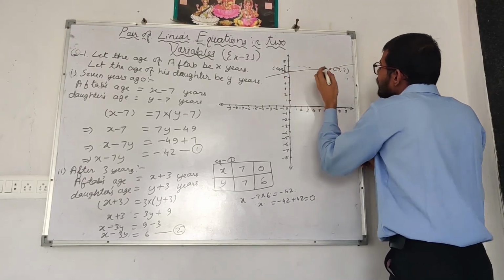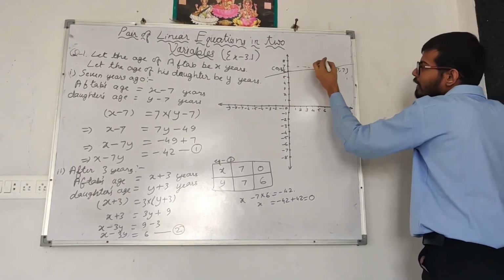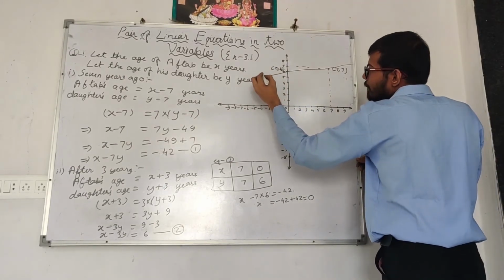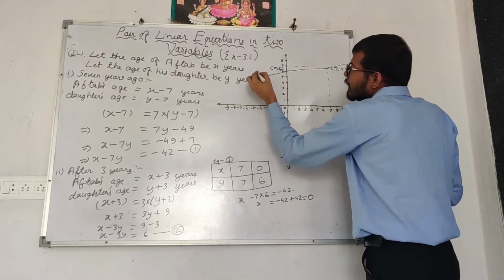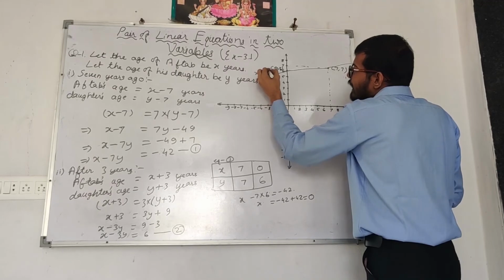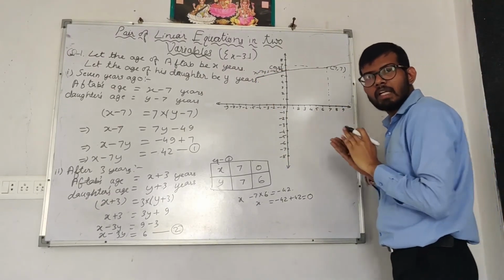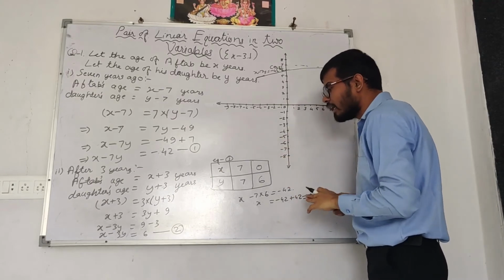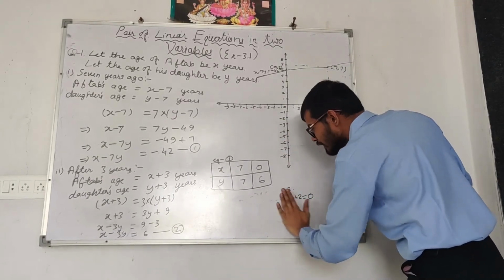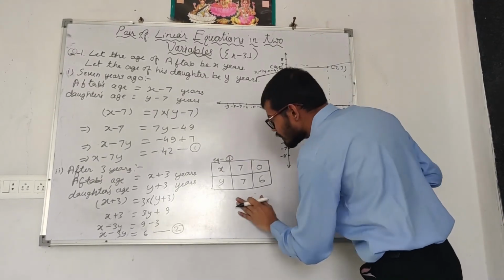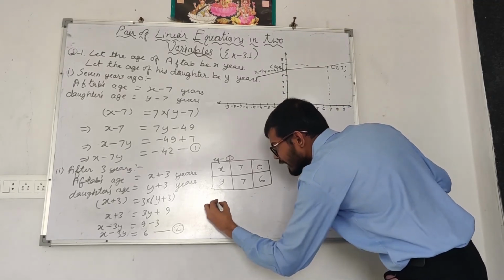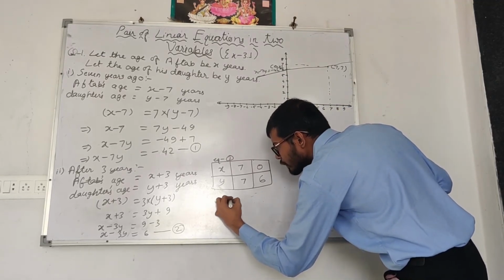Okay. So we got a line for the equation. We will write the name of the equation on top of the line, that is x minus 7y equals minus 42. This was for the first equation. Now we will go for the second equation. And again we will make a box for the second equation. First write equation number 2.